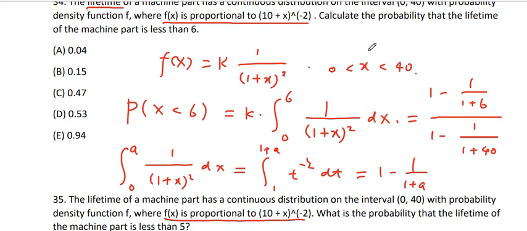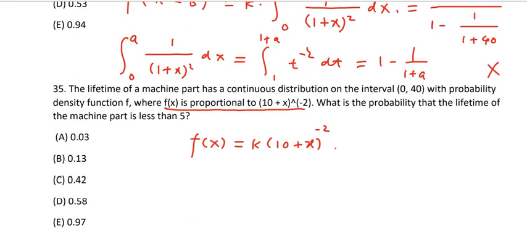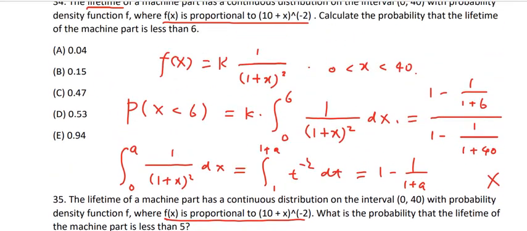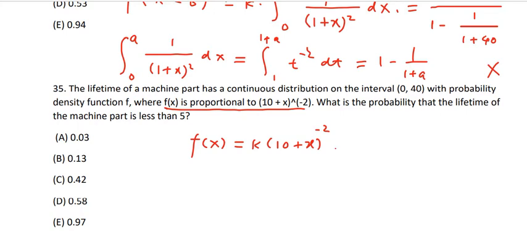This one, okay, so you need to change a little bit. So there's 10 plus x, not 1 plus x. Okay, but the idea is the same. So this problem is exactly the same as this one. Yeah, less than 6, less than 5. So exactly the same. Okay, so let's say we want to find